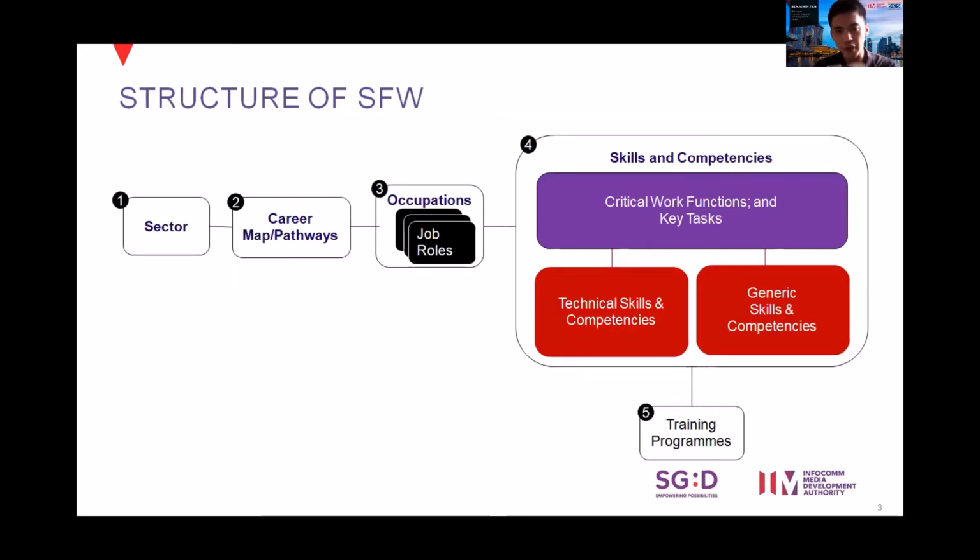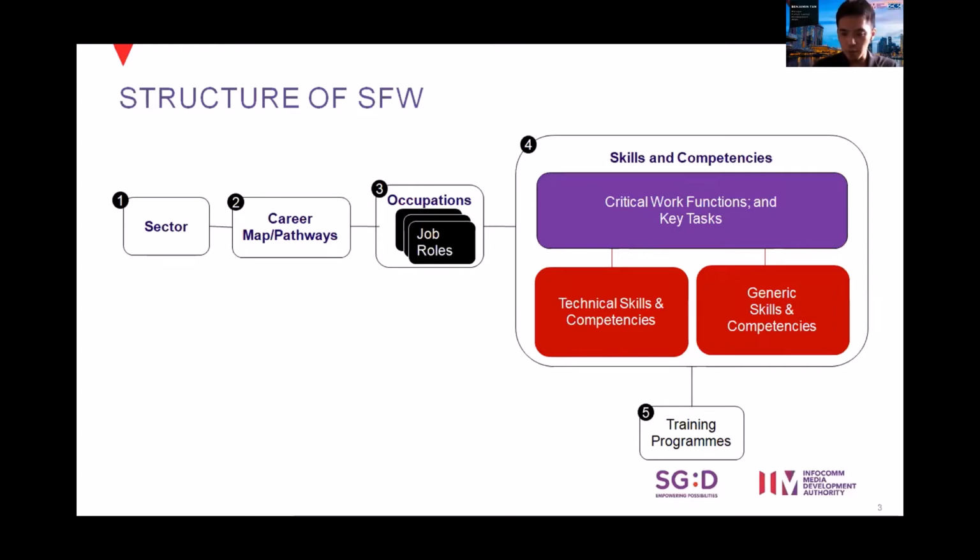Before I go into the skills framework for ICT proper, just to give a brief introduction of what the structure of the skills framework is. They are typically developed based on sectors. Based on last count, I think there are 33 skills frameworks across different sectors. However, certain skills frameworks are cross-sectoral in nature, meaning they cut across different sectors. Examples would be ICT, HR, as well as accountancy. And within each skills framework, there will be a career map that outlines the different career paths that a job role can move or progress into.